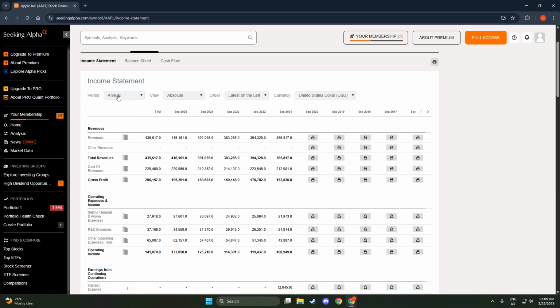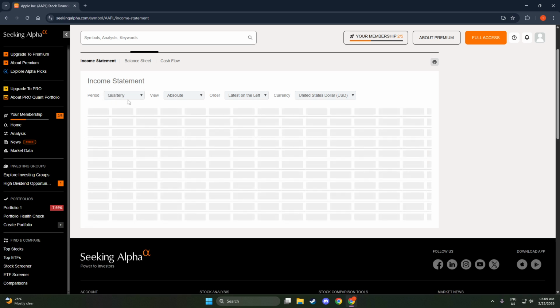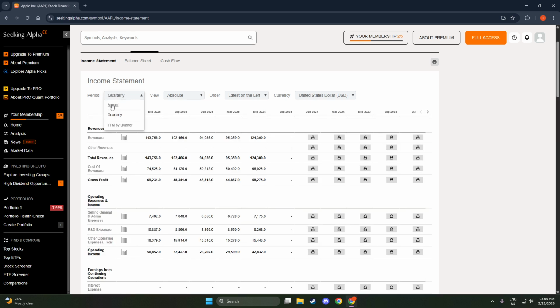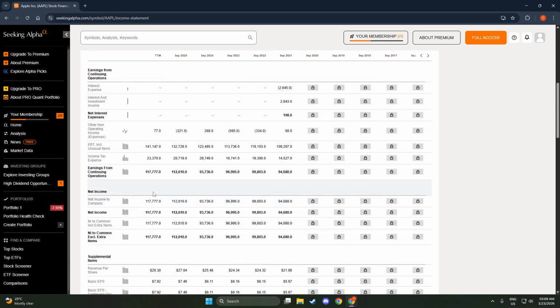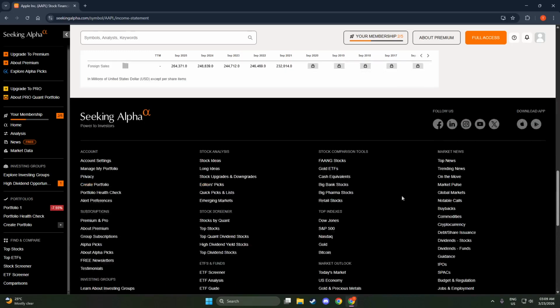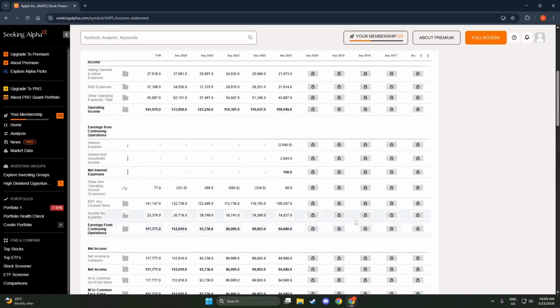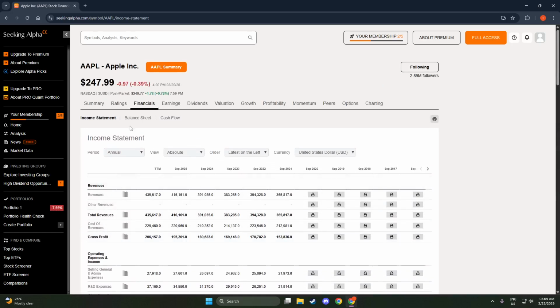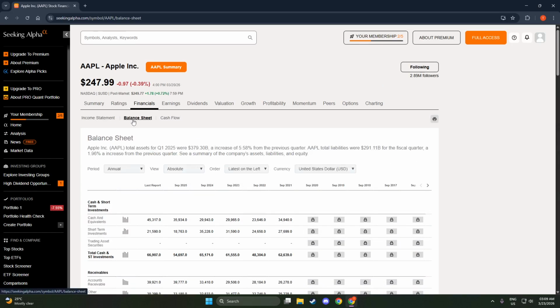At the top of the financial tables, you'll notice a drop-down menu that controls the reporting period. Click that drop-down and select Annual. This switches the view to year-by-year results, which is ideal when you want to assess the company's longer-term trajectory instead of short-term fluctuations. Annual figures align with how management reports full-year performance and can make ratios and growth rates easier